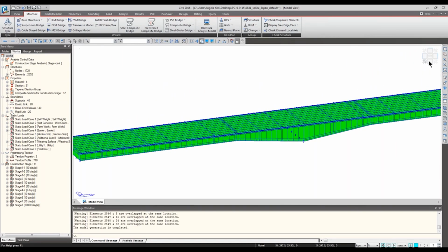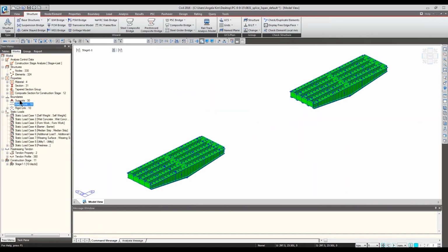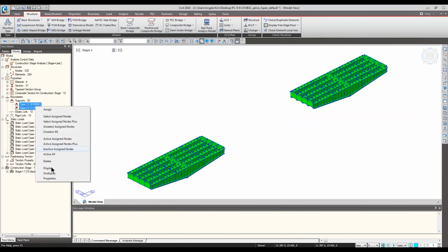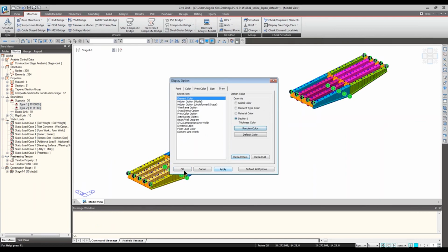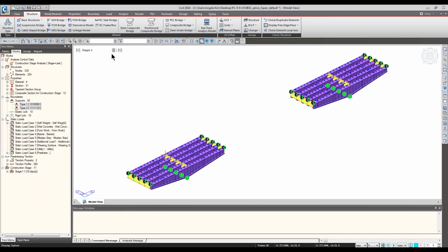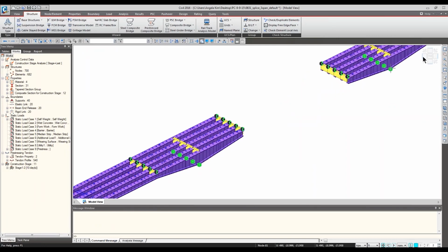So it's actually the same as the precast example, but let me go over the stages to visualize the different sequencing. I'm going to change the color of the sections. Okay. Stage 1, the middle support girders are cast. And then stage 2, the end girders are erected. You can see the temporary supports are applied, holding the longitudinal and the transverse slip.